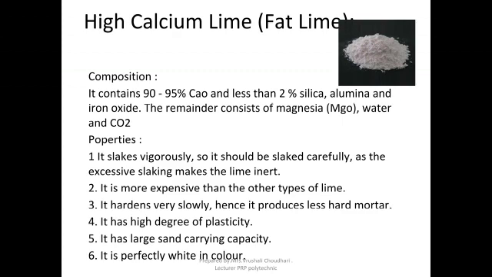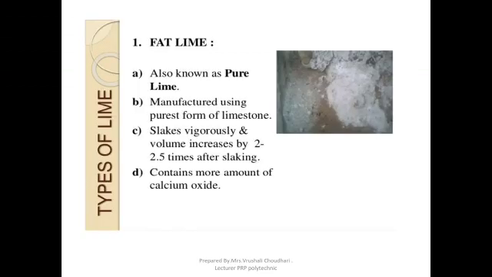Therefore it is used for whitewashing or plastering of walls. It is also used for making chemicals as well as in the glass industry. It is also used for water softening. Do you remember the process of removing hardness? In that process, we use the soda lime process, and the lime is high calcium lime, because if impurities are there, they are also imparted to the water. It is also used for joining thin joints of brickwork and stonework.